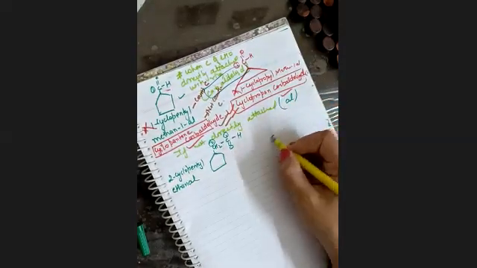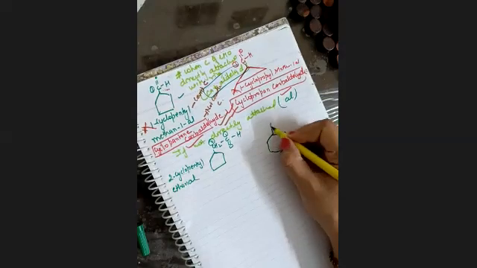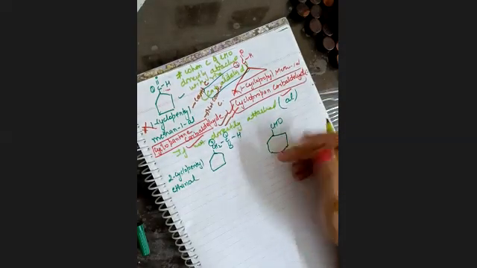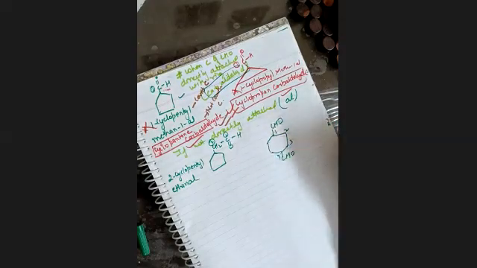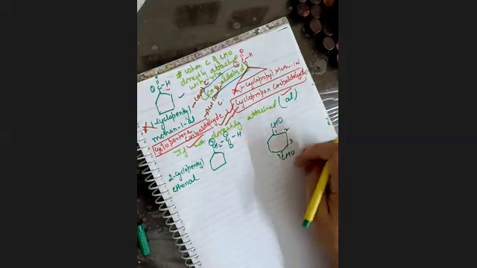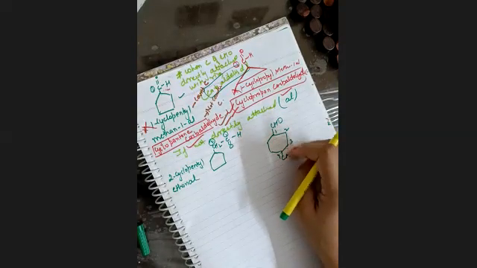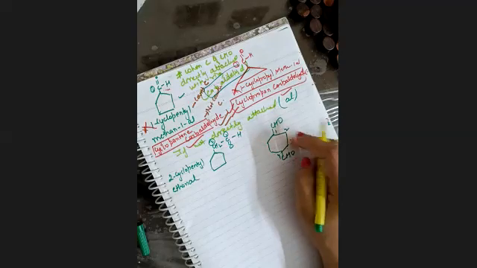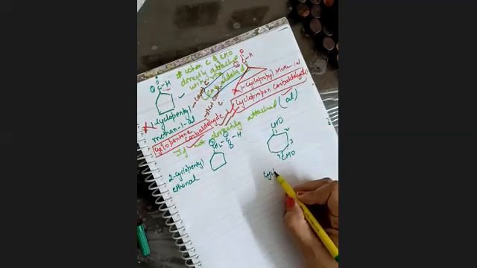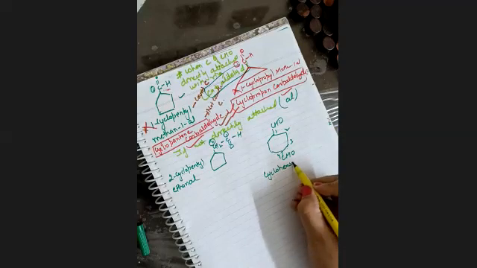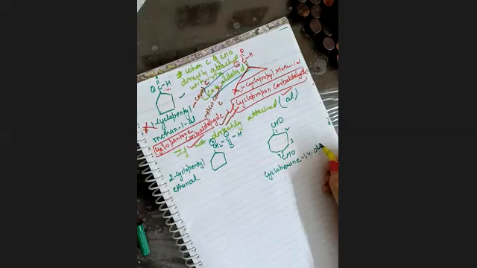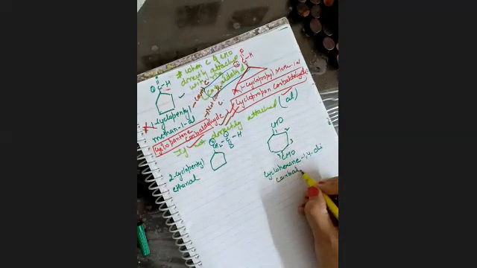Clear? One more example I just want to tell you before the time's up. For example, if I have 2 CHO groups attached with my ring, CHO and CHO. You can start from this one or this one. So I'm starting from this one, 1, 2, 3, 4 in a sequence. What will be the nomenclature? Say C is directly attached. So the nomenclature will be cyclohexane, because 6 carbons are here, 1,4 dicarbaldehyde.